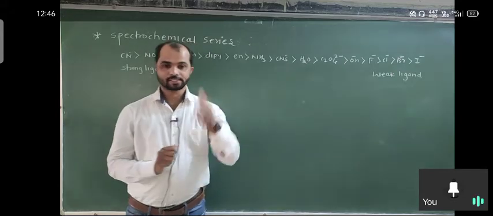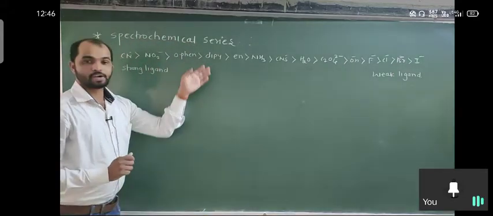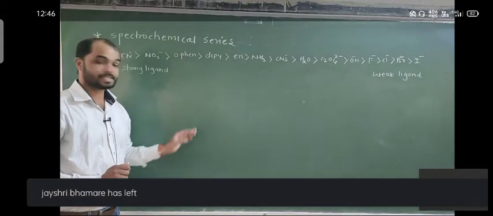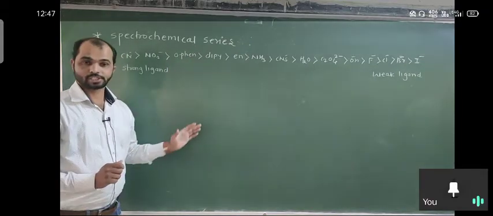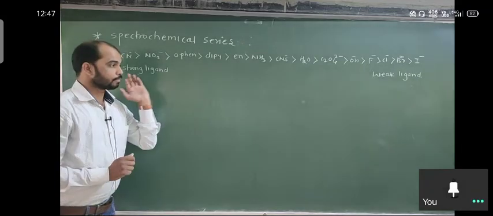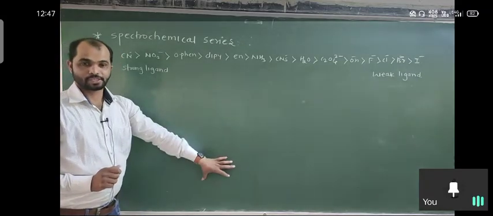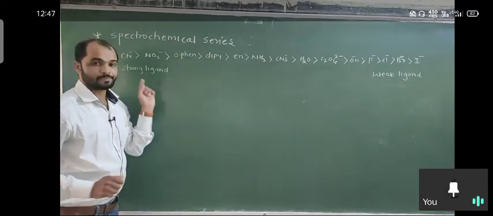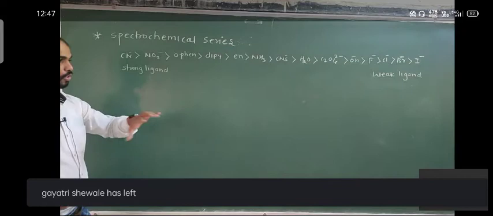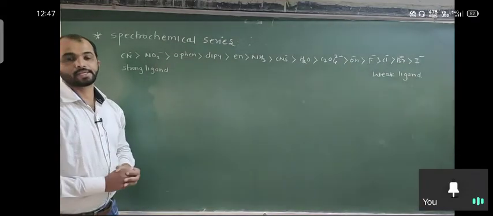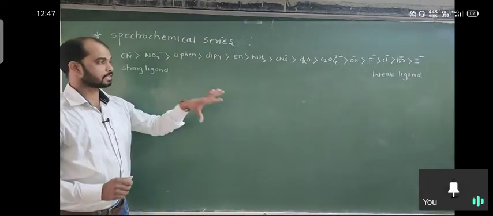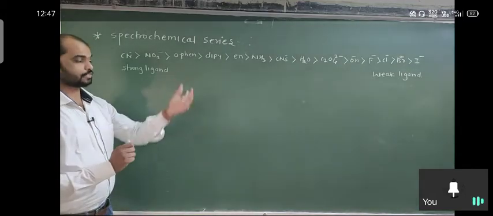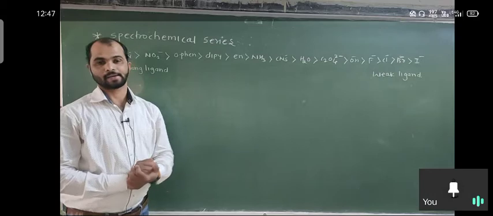You can clearly see the absorption values are different, and absorption value depends on this: if the metal ion is the same, with the same oxidation state, but the nature of the ligand is different, it shows a different absorption band due to the nature of the ligand. So a strong ligand mostly causes higher splitting of d orbital, which results in the largest value of 10 Dq or delta. So this is the